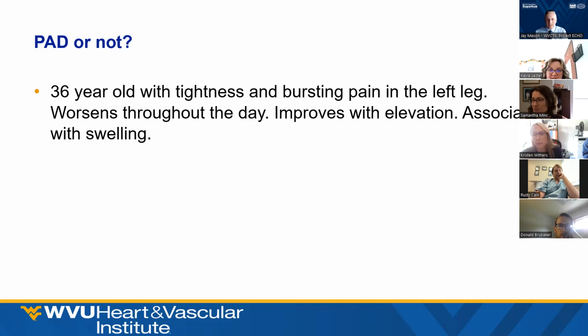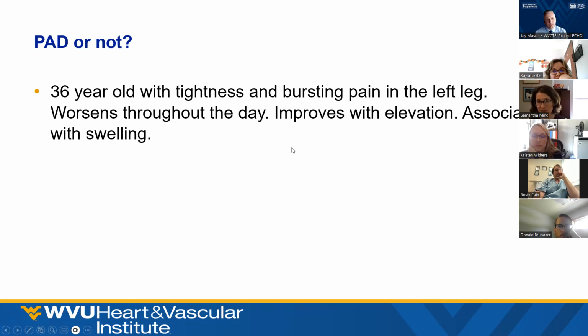So do you think this one is PAD? Right, thanks. I'm going to say yeah. So I'd say 36-year-old is a little bit young, maybe. That's okay. But here is where we get a lot of in-between, where people do have this pain and swelling in the legs, and we'll see a lot of consults about that. And typically, especially with this associated with swelling and worsening throughout the course of the day,